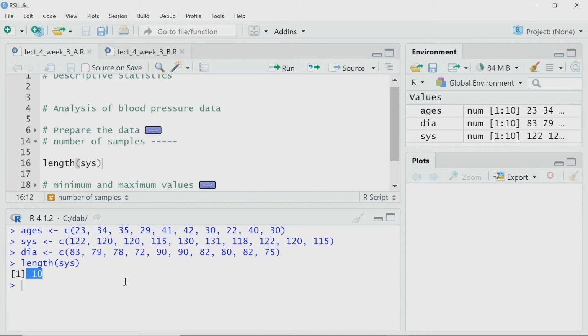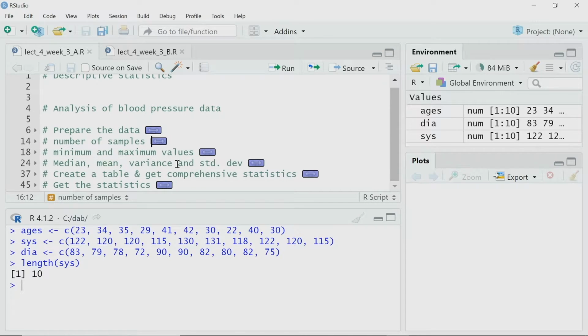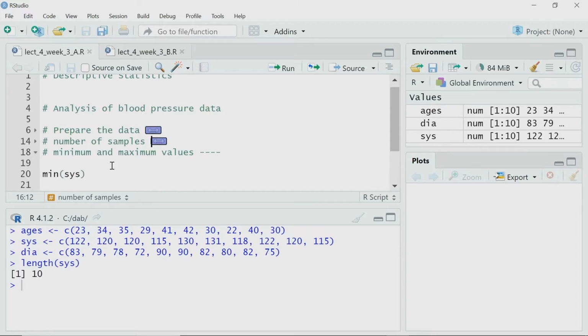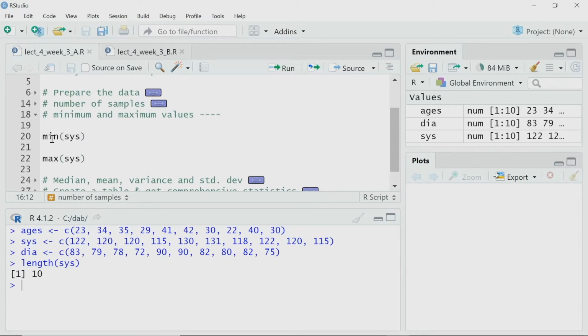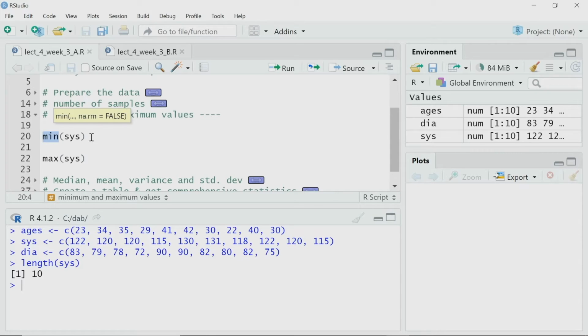So, it has 10 elements, or 10 data points, in this sys variable. Now, once I have got that, I may ask what is the minimum value of systolic pressure, what is the maximum value of systolic pressure, like those questions, right. Those are also part of descriptive statistics. To get the minimum systolic pressure of these 10 samples, I will use the min function,